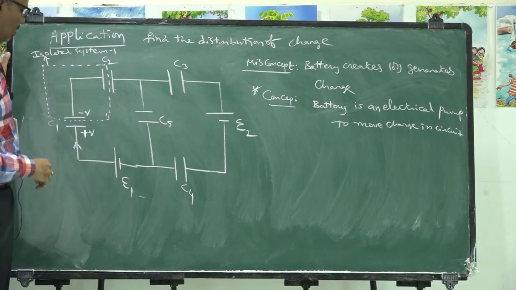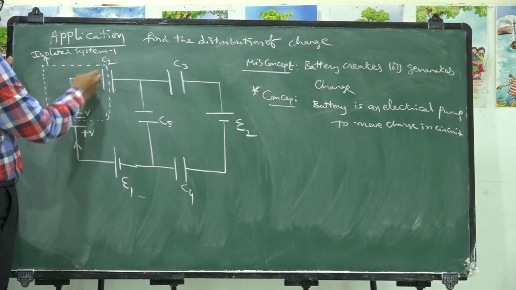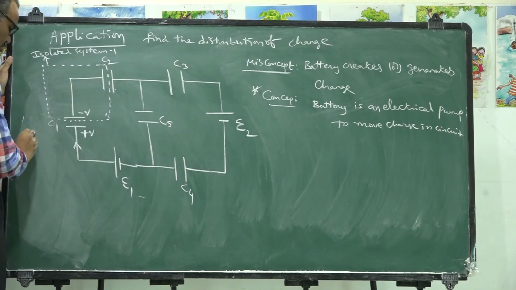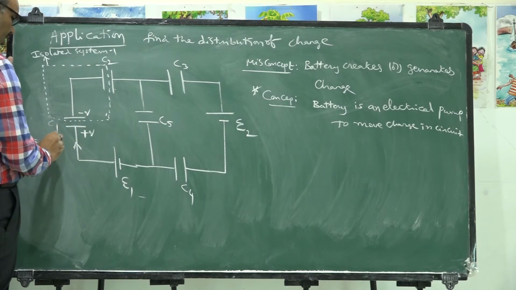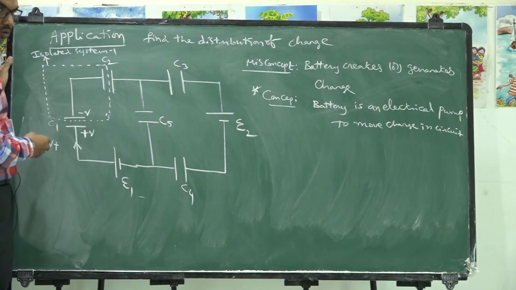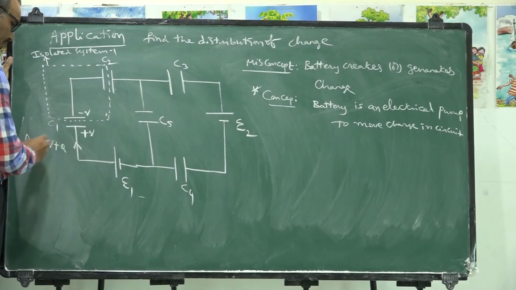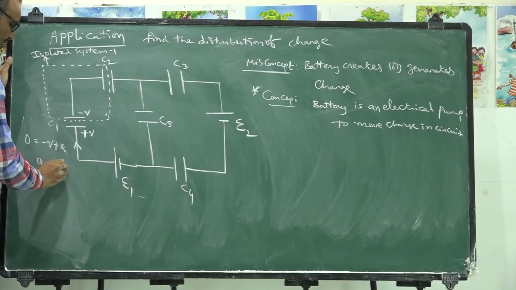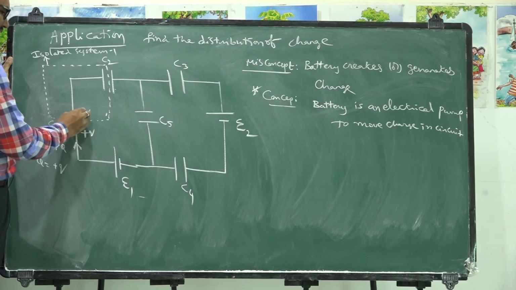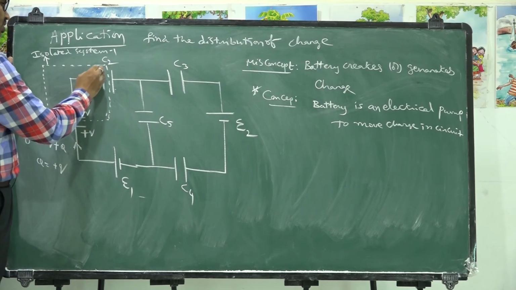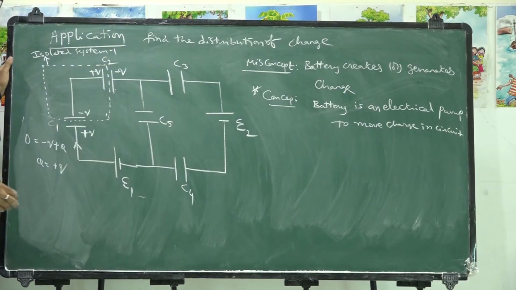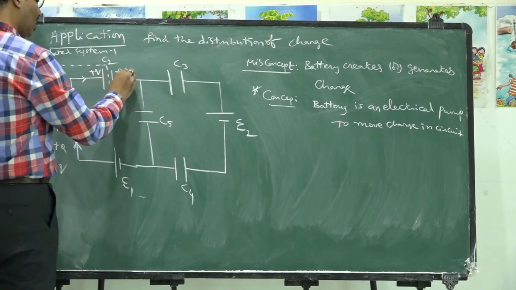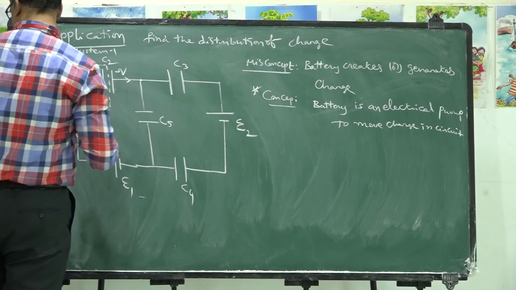Isolated system 1. If you observe clearly, initially no charge is available on them, so 0. Finally here, what is the charge available? Minus Q. Here, what is the charge available? That is not known. So let me take Q is equal to plus Q. As this plate is having minus Q, it should possess plus Q. Obviously it should possess minus Q. So the same charge Q is transferring till this point like this.